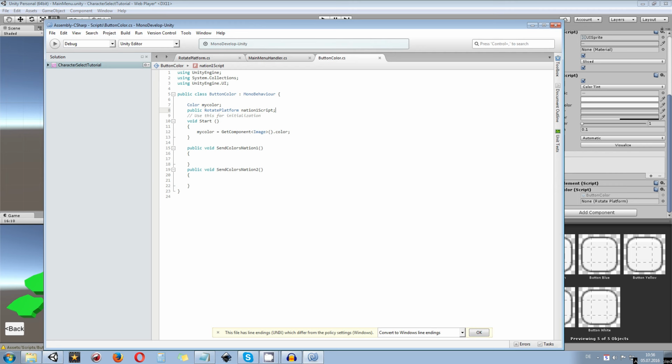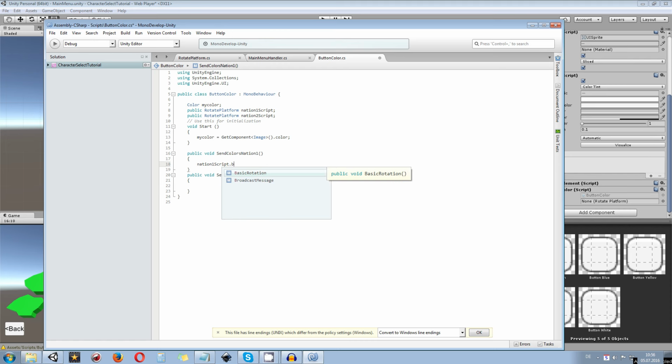So I don't know which is going to be resource heavier, but I believe it's easier for you to understand how this is going to work, since we don't need to get any components and all the other things, but the other version would work the same. So what I do right now is I take nation1 script, and since I have or should have later on the direct connection to it when we are dragging them onto the script itself, I can say the button color,